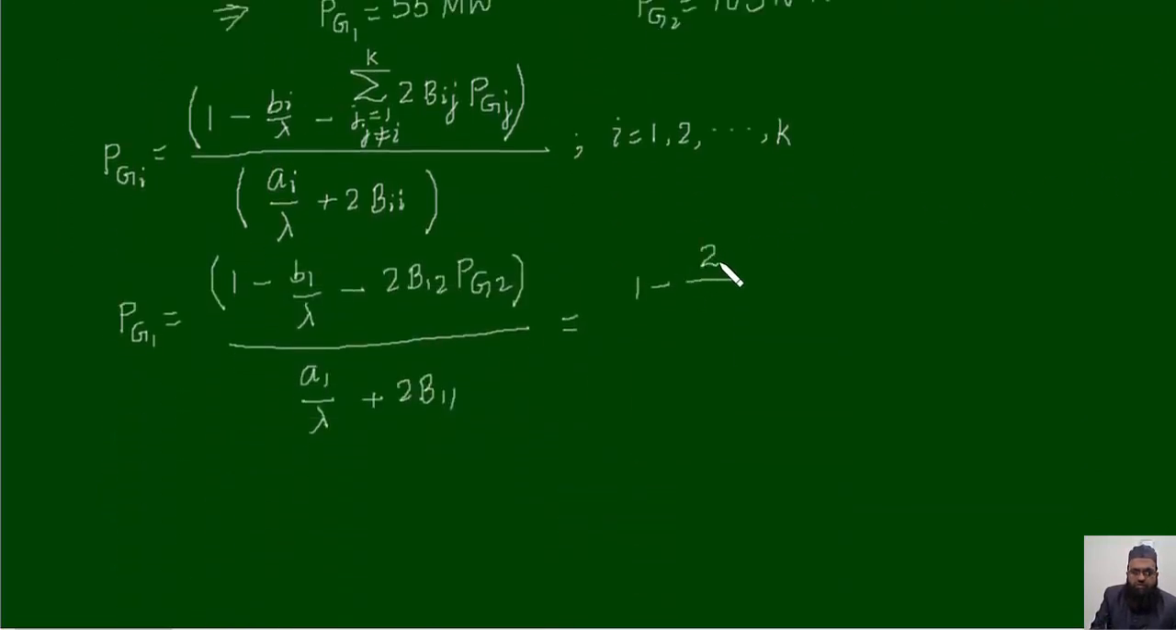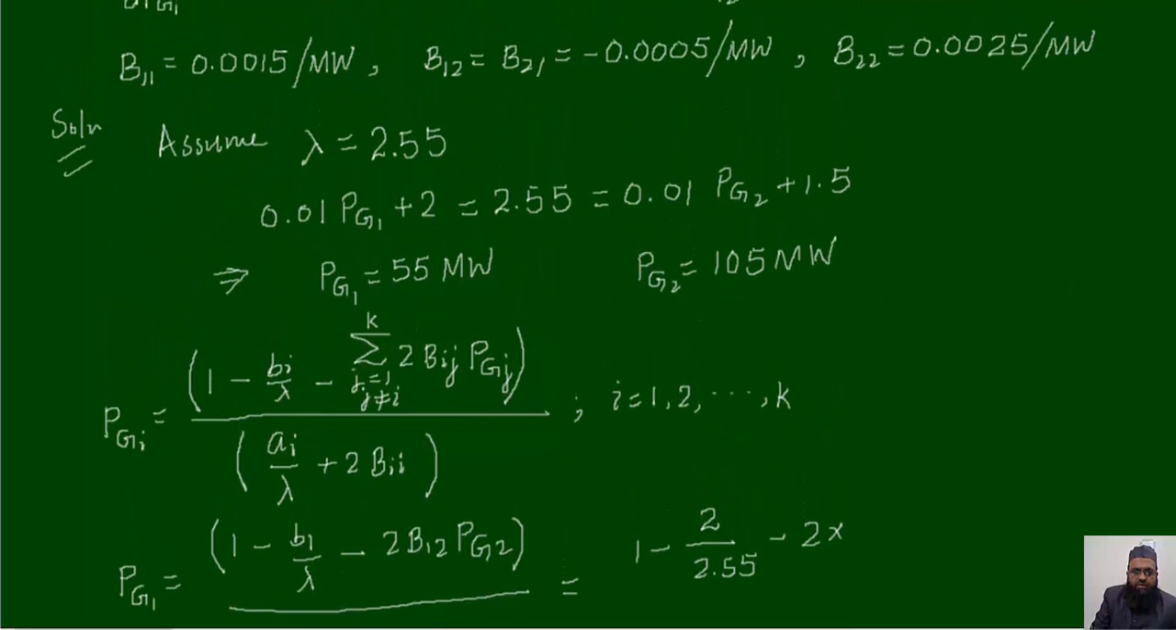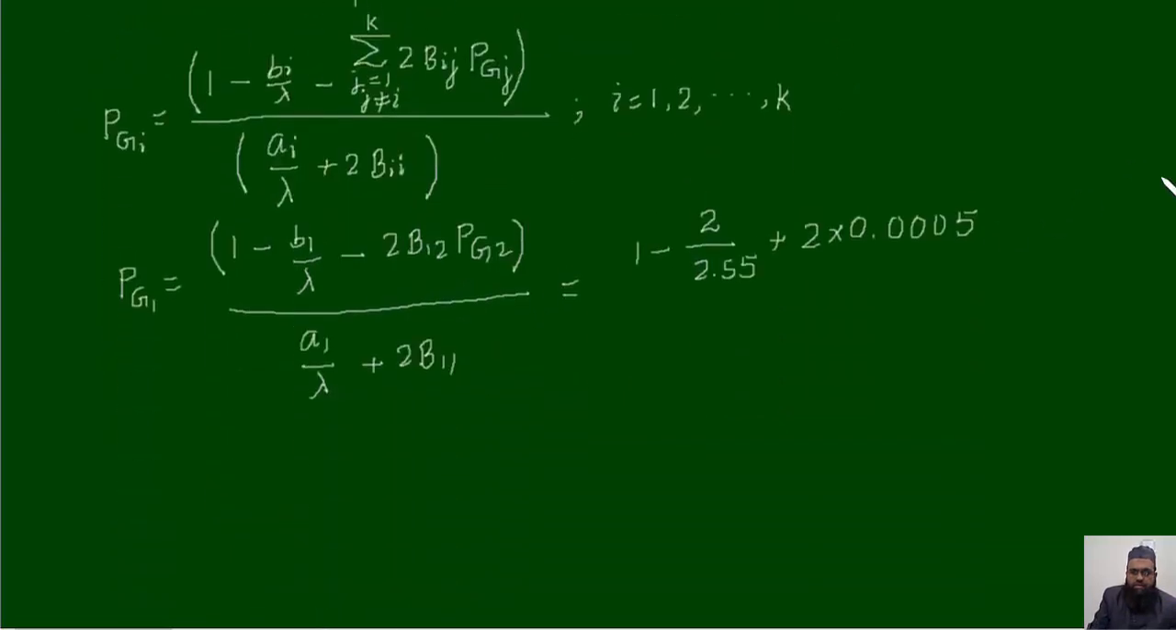So B1 is 2 upon lambda, we have assumed 2.55 minus 2 times B12 is given. So B12 and B21 both are same in magnitude and with negative sign, so here we will put plus, and this one will be equal to 0.0005 Pg2, so into Pg2 upon